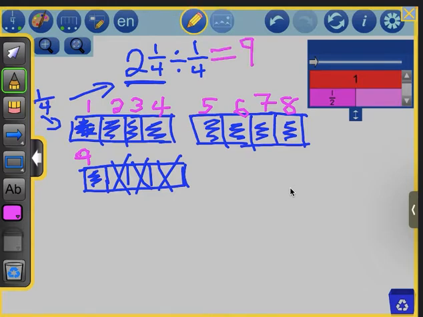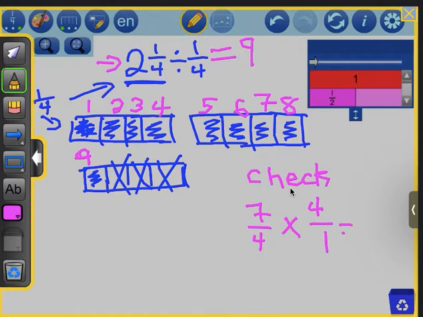Now I can check my answer using the algorithm. Okay, so I have 2 times 4 is 6 plus 1 is 7/4, right? So I have keep, change, flip. The 7/4 is the mixed number. I converted it to an improper fraction. 7 times 4 is